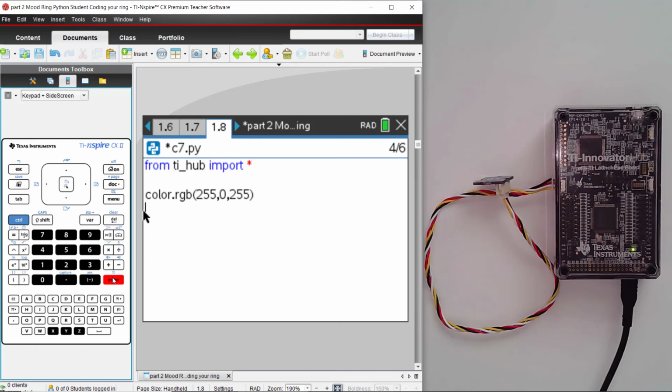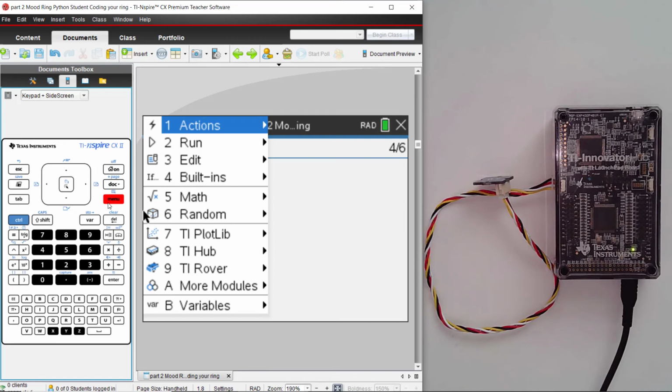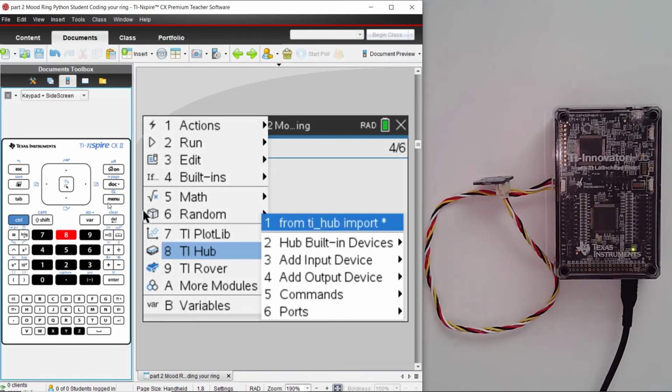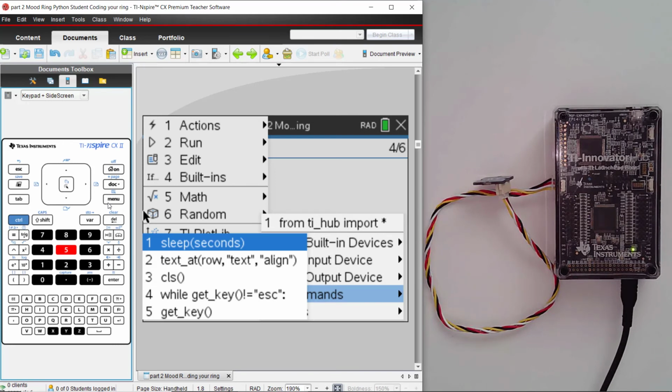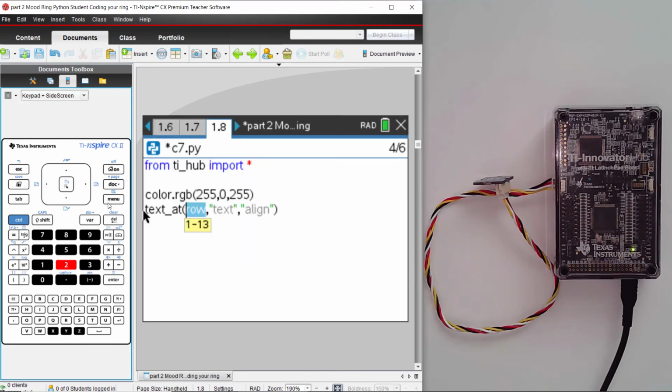Now I'll add my text message. Well, I remember I just got finished doing that. I'll go to Menu, TI Hub, Commands, and TextAt. And I'll go ahead and put this on row 5. And my message is mysterious. So I'll do capital M,